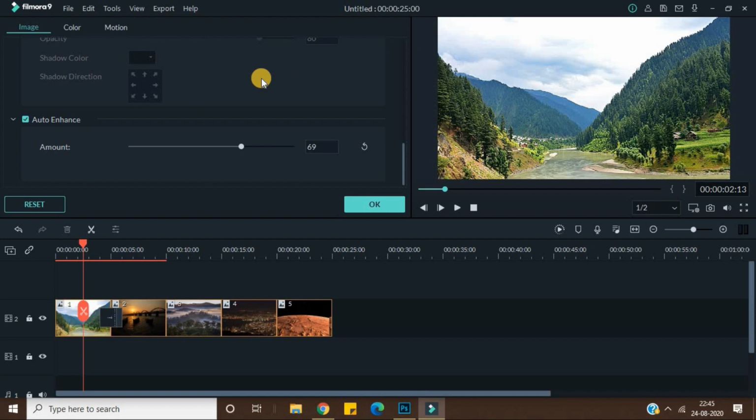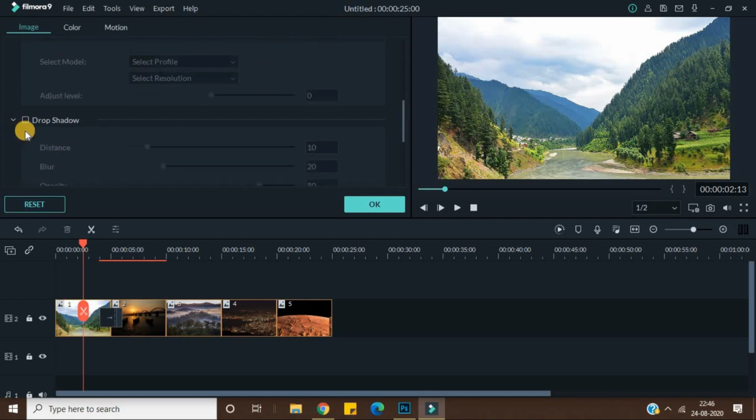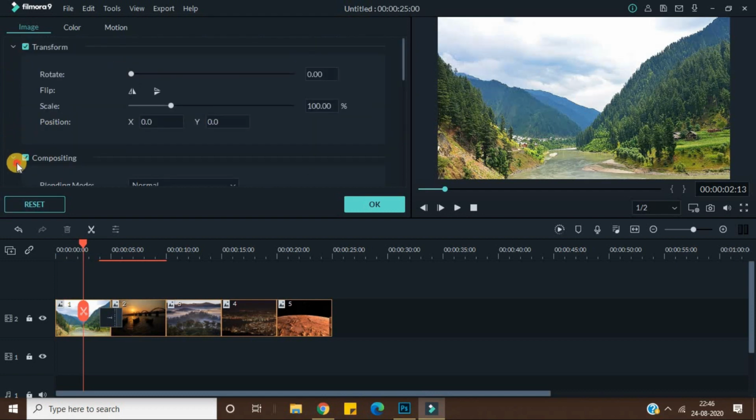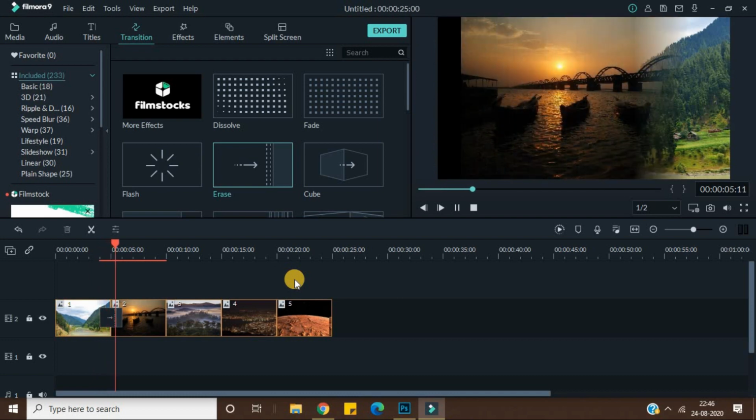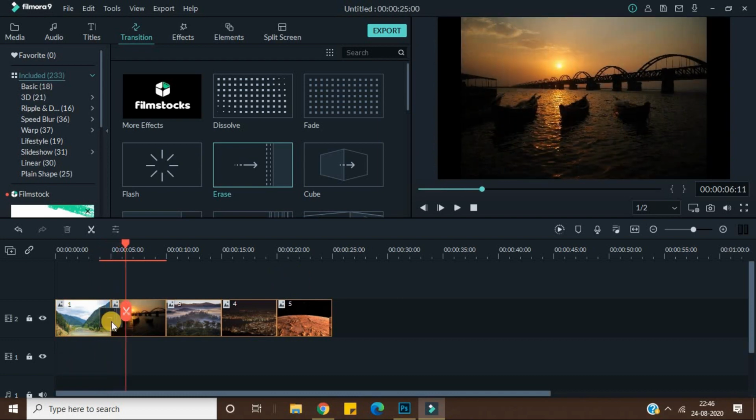And if you have messed up, you can just reset everything and you are back on track. So there is no way you can completely mess up and not come back. You can always reset them. So just play with it, and the more you play, the more you show your creativity, the better your video will be. Okay, so this is the one thing.